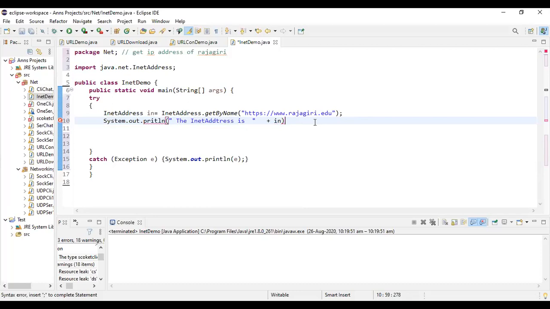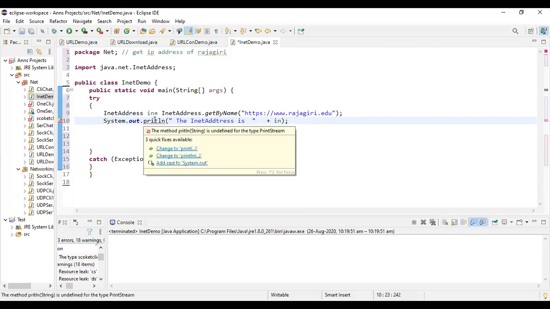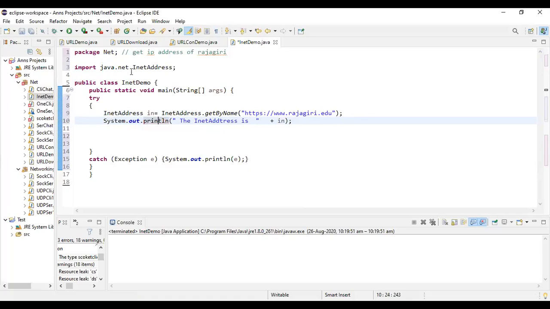Okay, I've given a simple System.out.println in Java with InetAddress. You just save the program and see what you get.